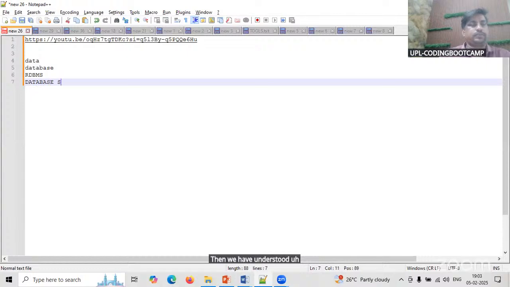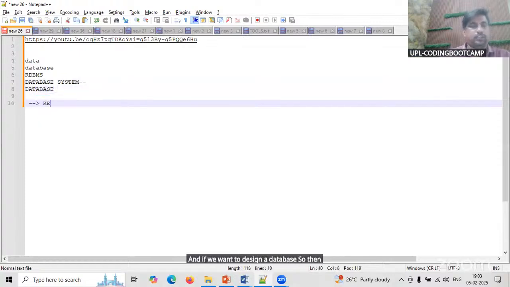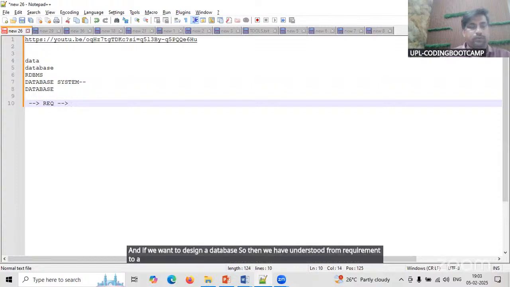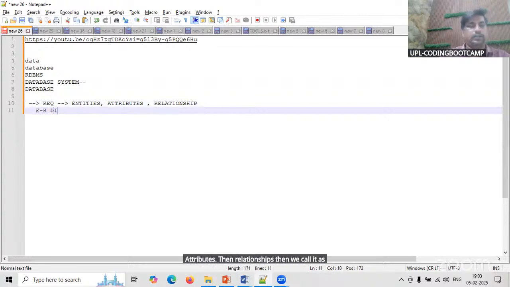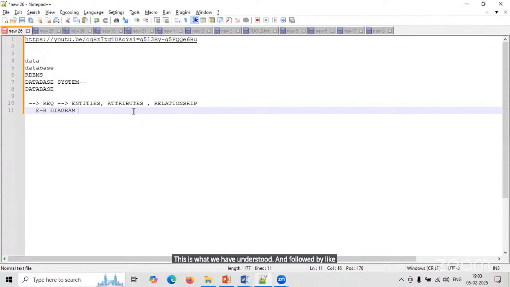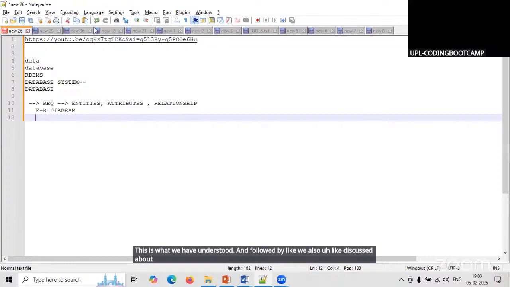Then we have understood database system. And if I want to design a database, then we have understood from requirement, we are going to come up with all nouns and create entities, attributes, then relationships, then we call it as an ER diagram. This is what we have understood. And followed by, we also discussed about